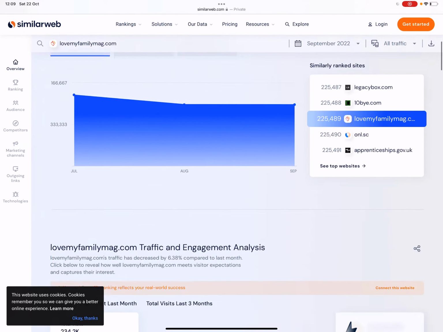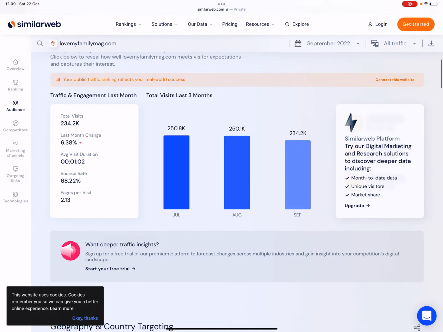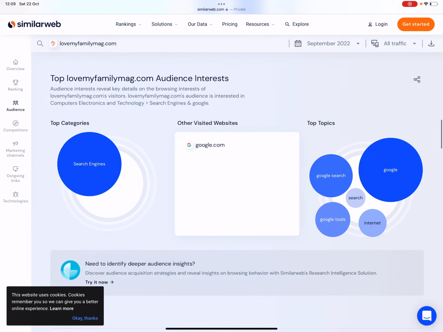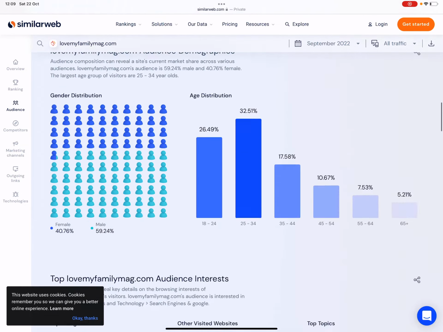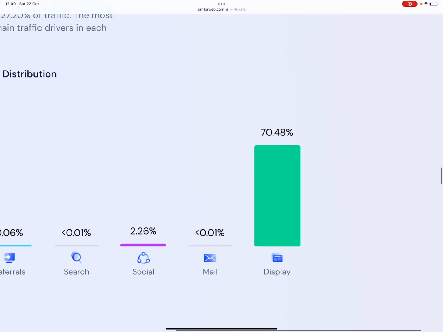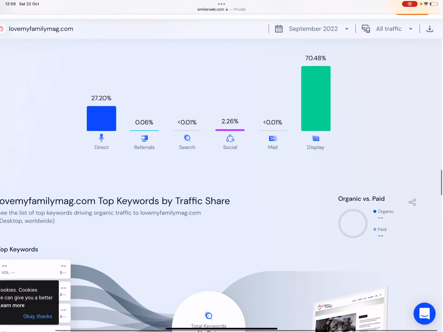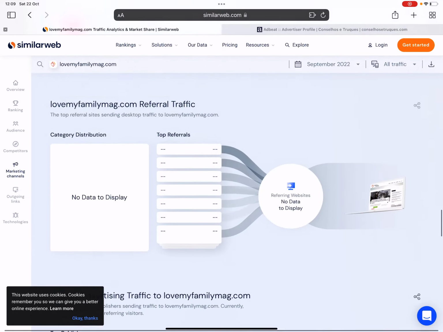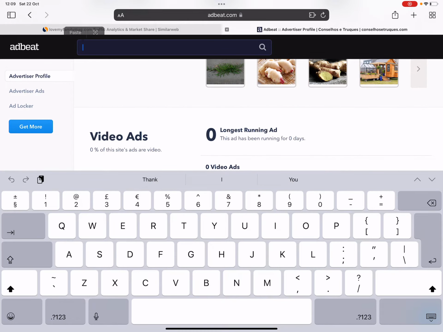That is massive. Again, consistent, 250, 234. Let's see what networks it's on. 70% display, which is native traffic, which is huge. Let's take a look, the ads are there.